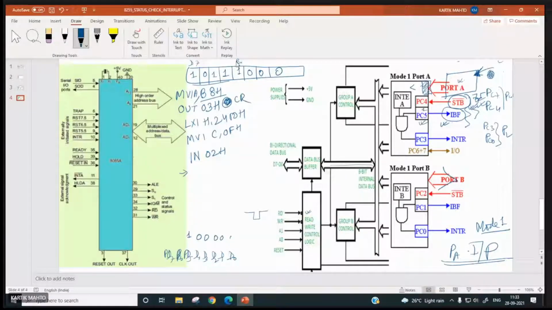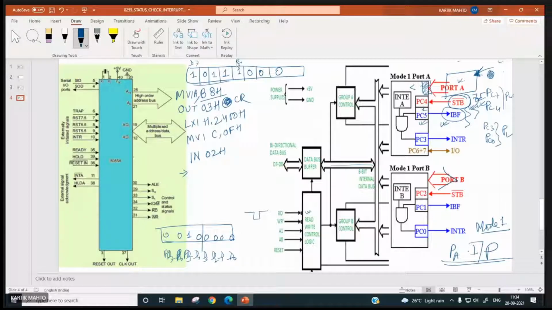And these two 0. So what should be our instruction? If you want to check PC5 is 1 or not, what should be our instruction?